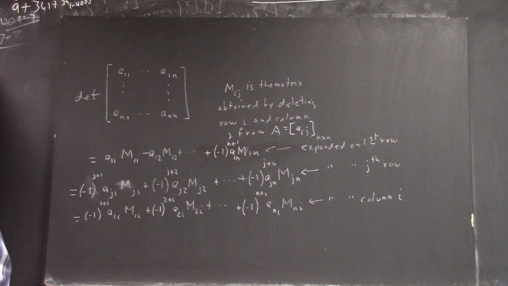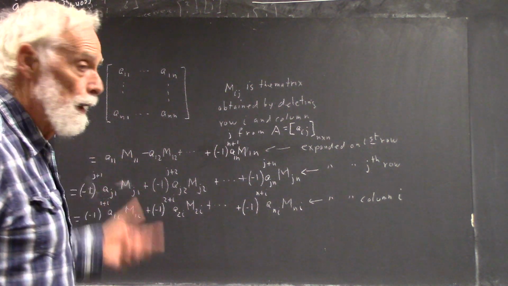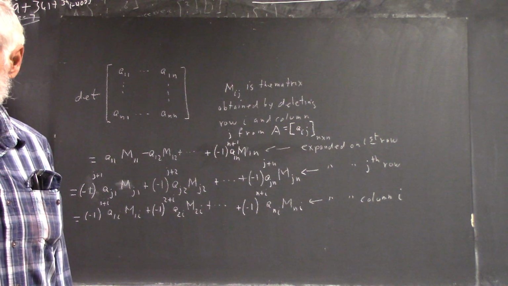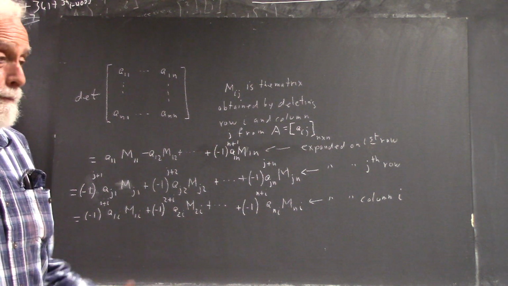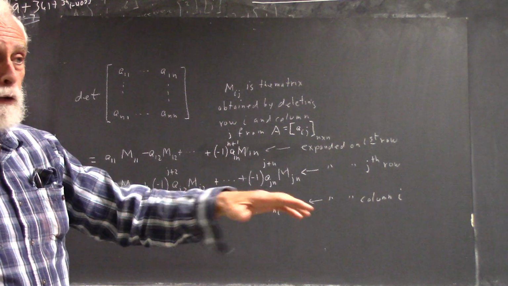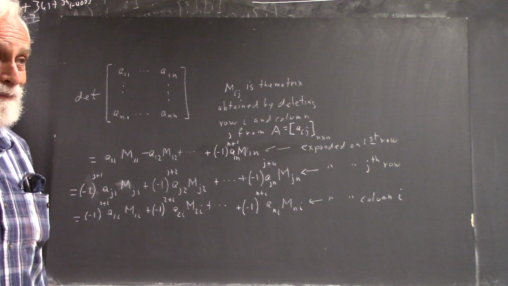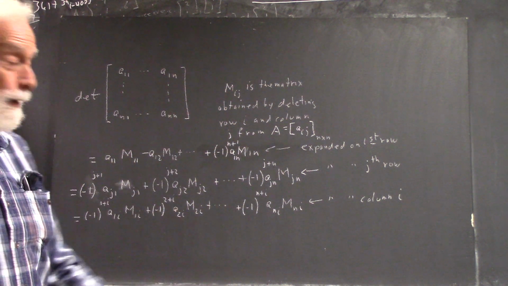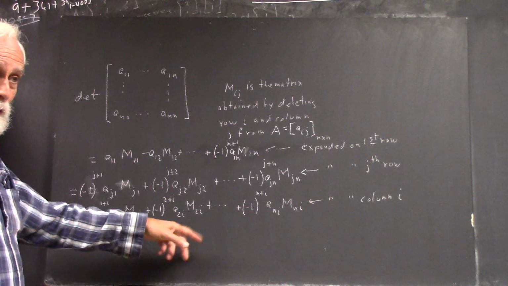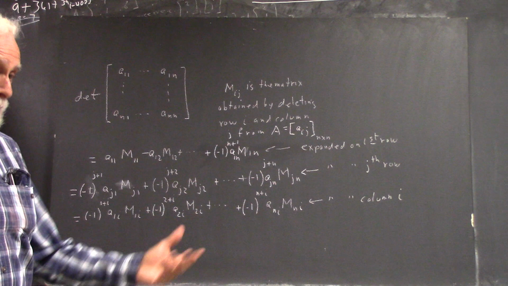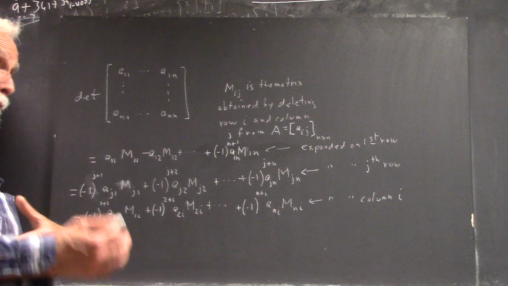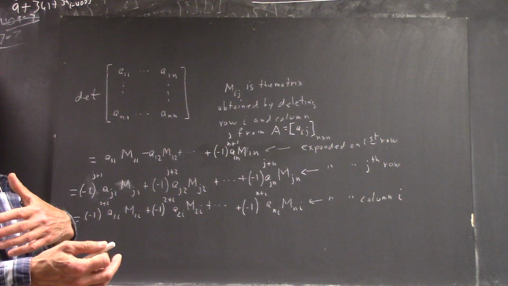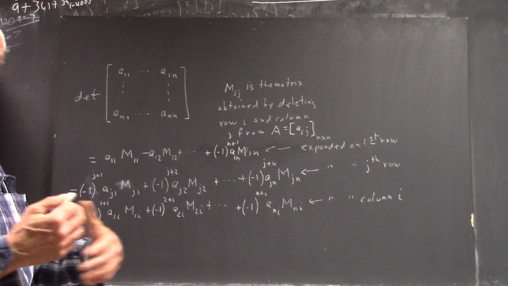Okay? So it says, doesn't matter what row or column you use, you get the same thing. Okay? Which, among other things, makes it really convenient. If you've got a row or column with lots of zeros, you want to expand on that row or column because you're going to get a 0 for that row or column. If you've got n terms, make as many of them 0 as you can. Okay? Alternatively, row reduce your matrix a little bit. If you see a row that is the same as another row or a multiple of another row,